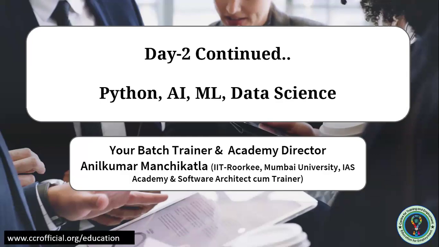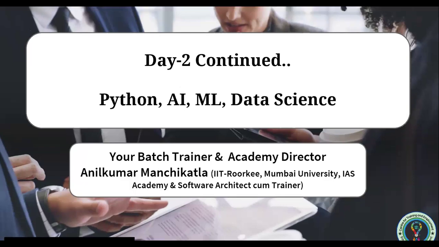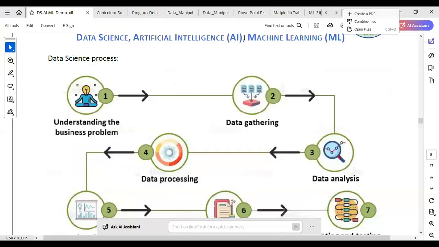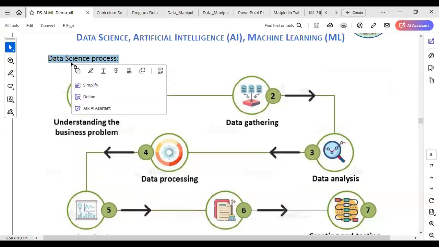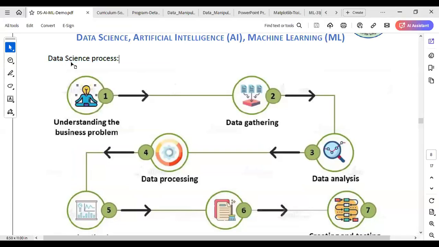So if you complete data science and AI, basically these are two similar areas surrounding the data, which I was trying to show yesterday. If you see here in this diagram, you see the data science process. This is a data science process. What is the meaning? The meaning is,